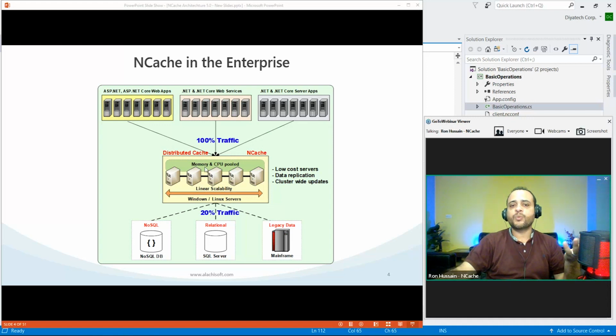database. This is what we typically term the cache aside pattern, where any changes that you make are also propagated to the cache and then to the database. And any data which doesn't exist in the cache, you always fetch it from the database and keep it inside NCache, but you always check the cache first, right? So if you find data within the cache, you don't have to go to the database, and you return from that point. The alternative approach to this is to use read through or write through, which is represented here